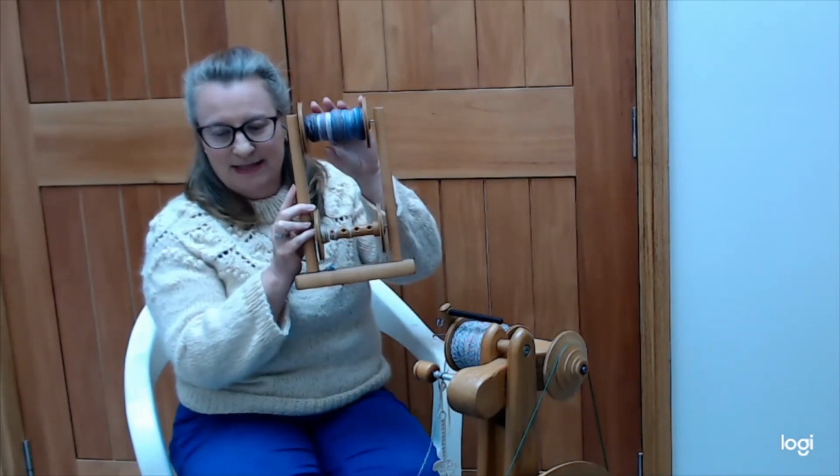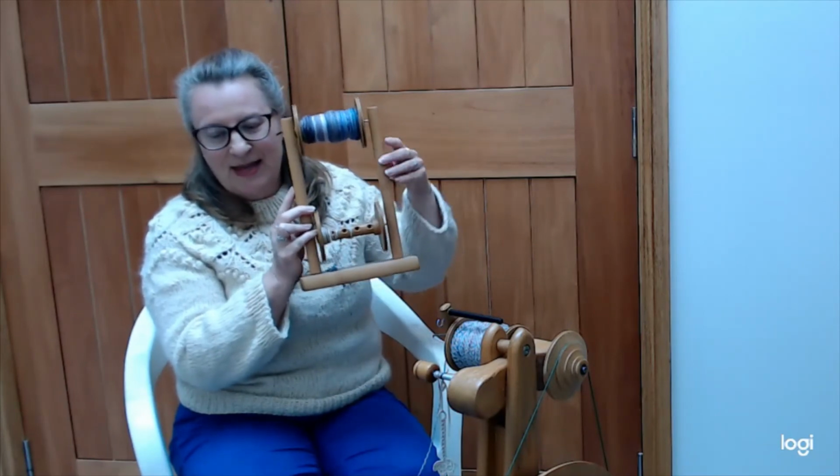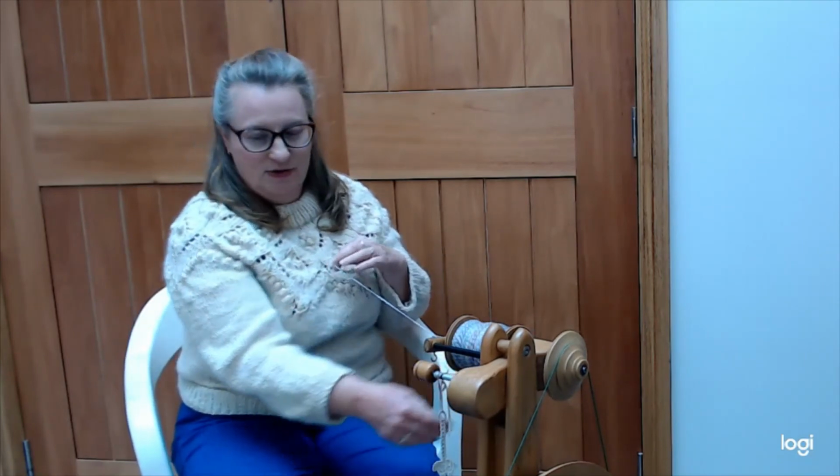So as I was saying, today I am going to be doing some spinning related things. Last time on Sit and Spin, I had spun up some singles of my silk here, and then last time I was plying it with singles of alpaca. And as you can see, I have finished plying that. I've got a full bobbin here of the plied silk and alpaca, and so now I'm going to wind that off onto my niddy,